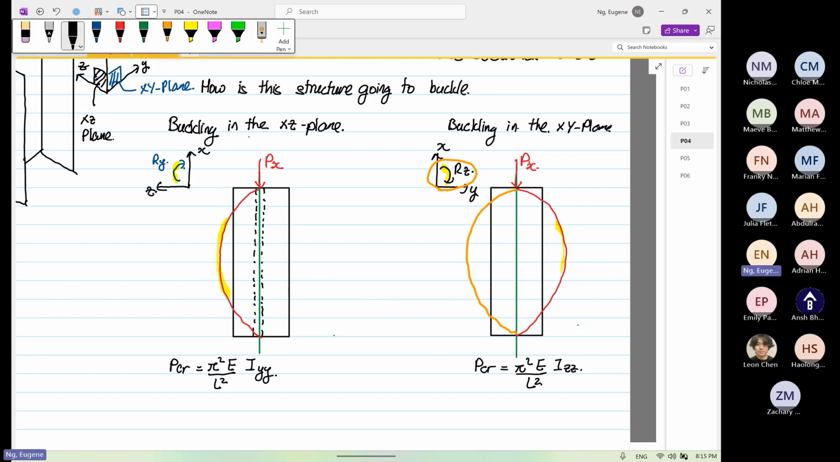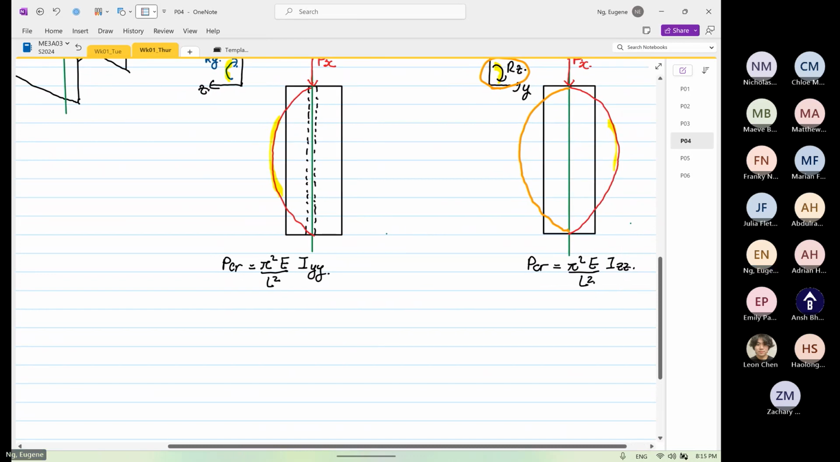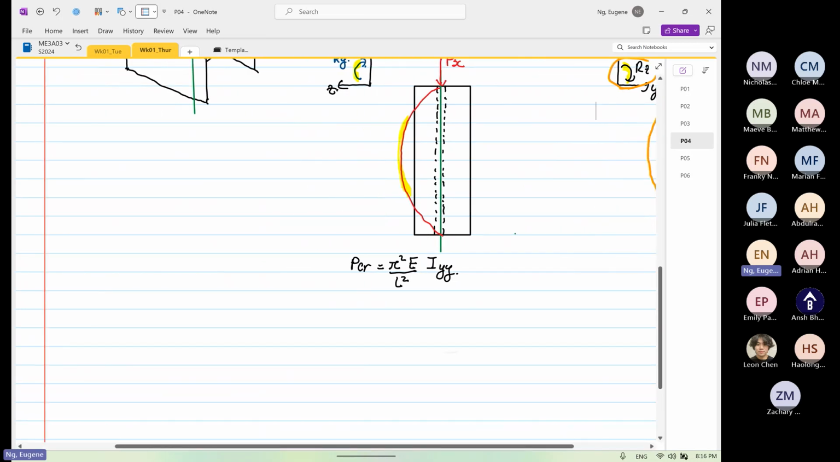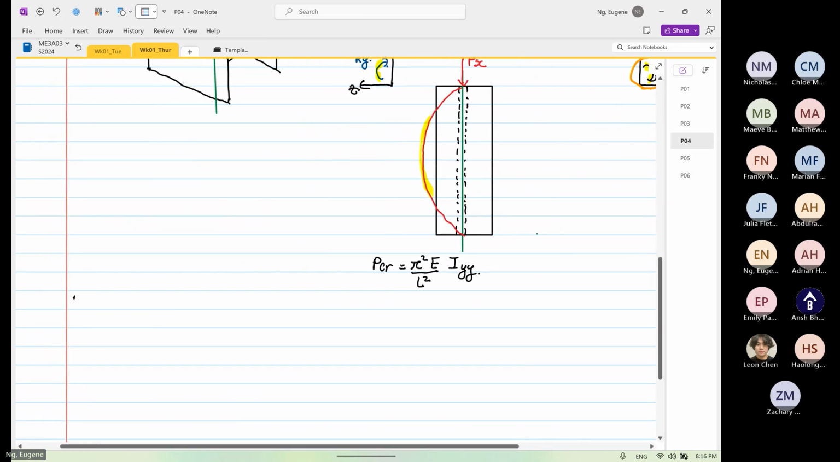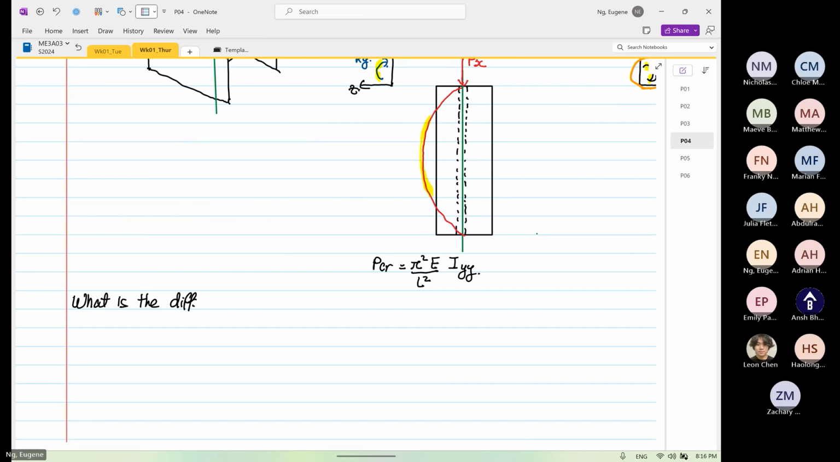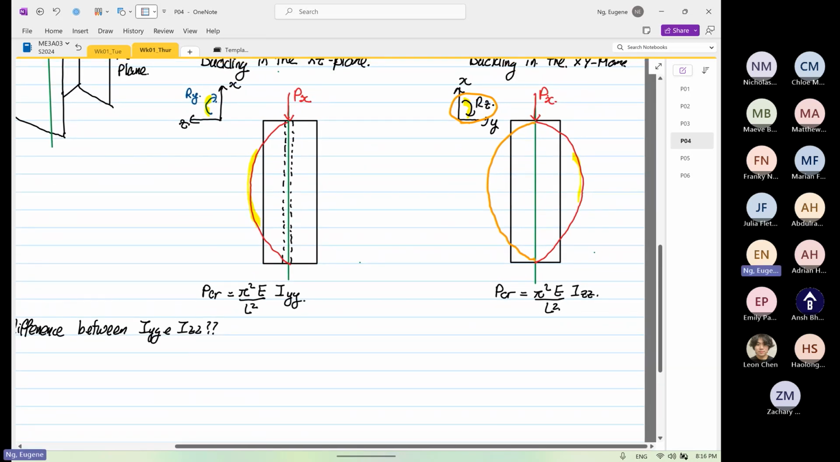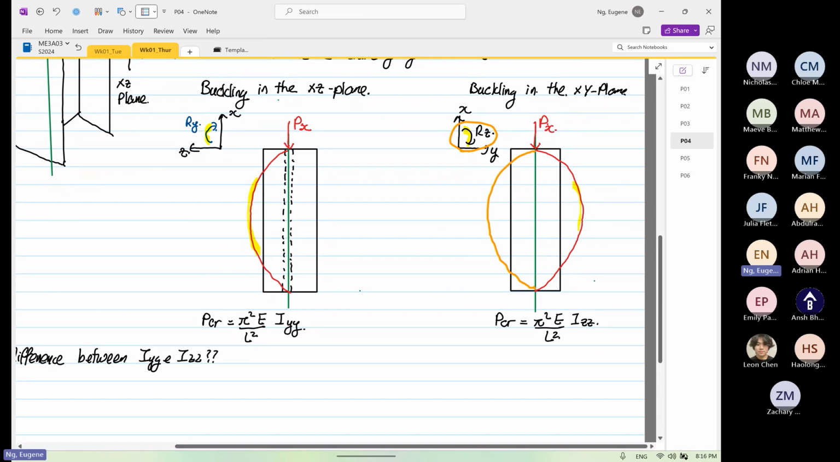A lot of times, I've been teaching this course, this is my 10th or 11th time, so I know for a fact what the difference is between IYY and IZZ. If you look at PCR in the XZ plane and the critical load in the XY plane,